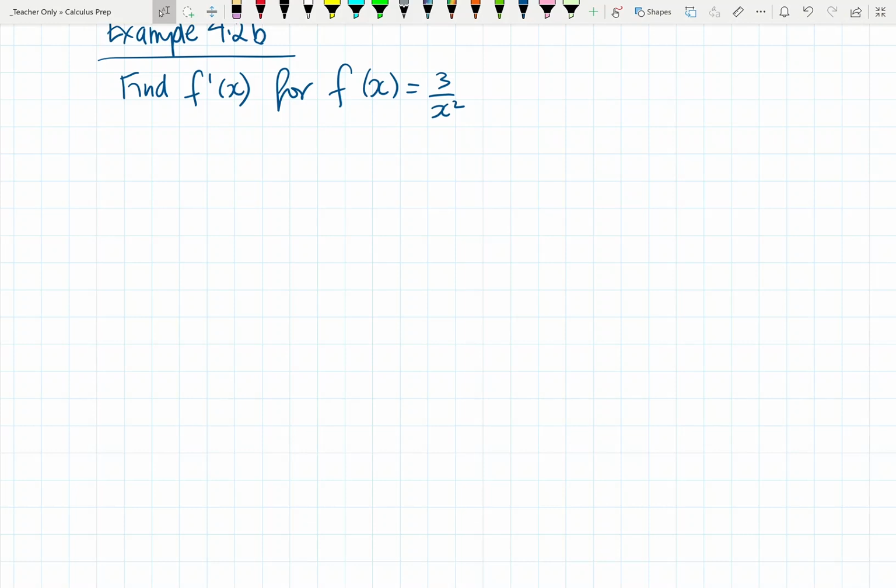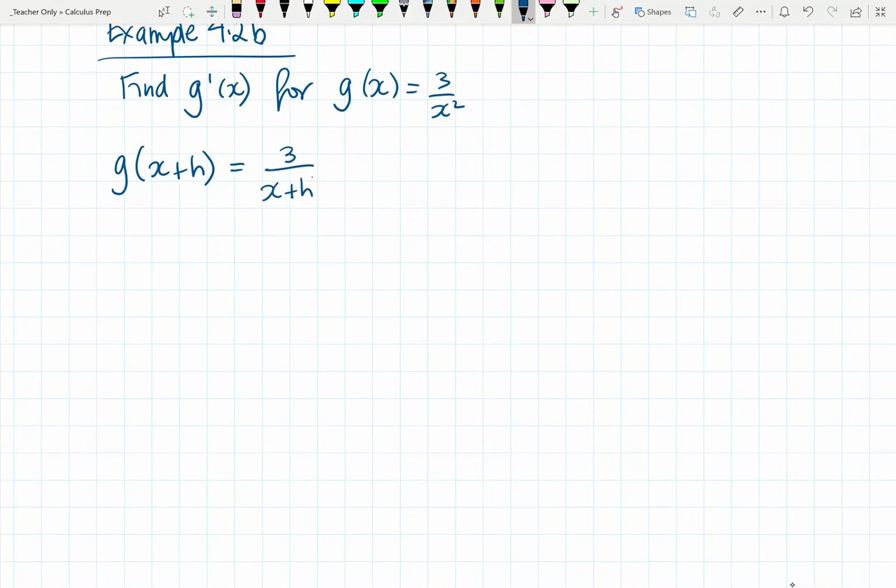Example 4.2b is asking us to find from first principles the derivative function for the function 3 on x squared. In fact, in your notes, it's listed as g dash of x and g of x. Before we go any further, we need to write out g of x plus h, and that equals 3 on